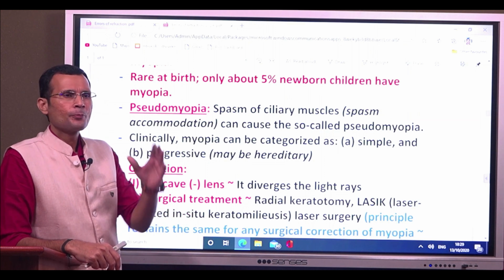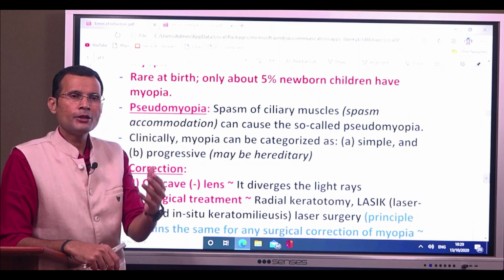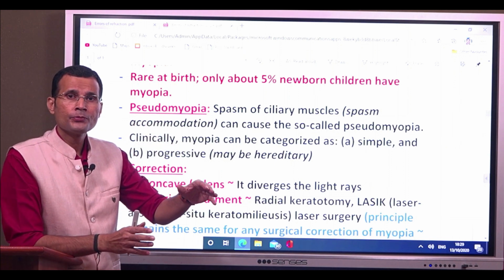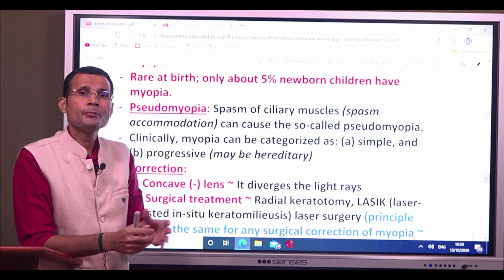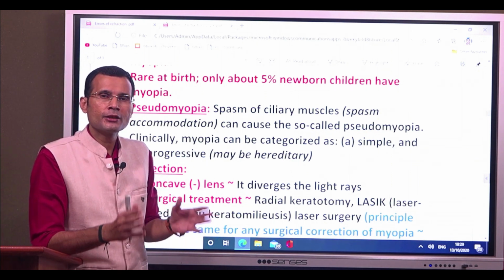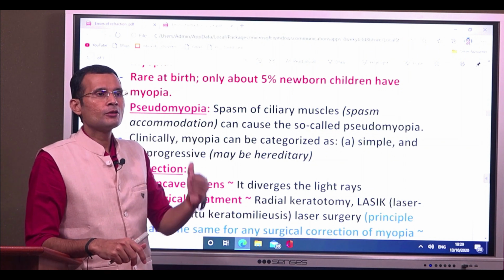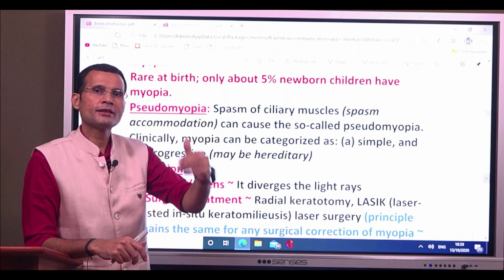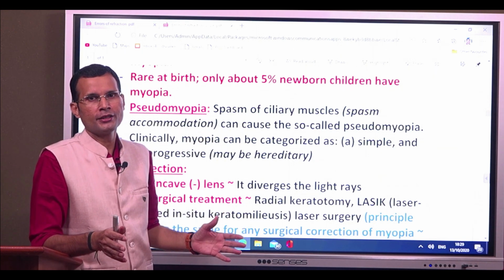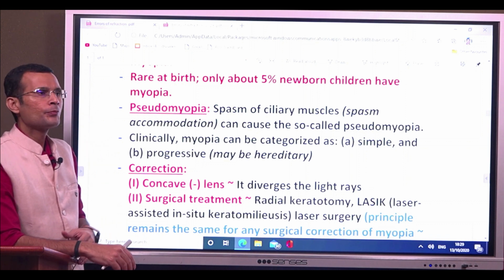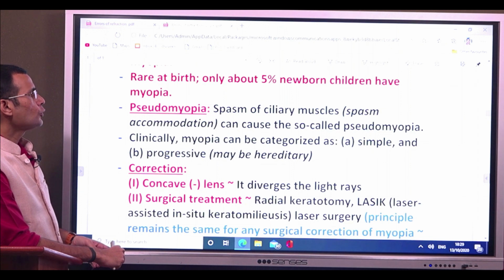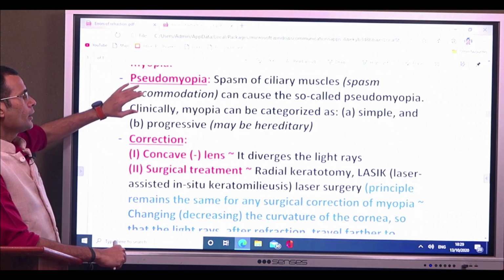What happens is, because the lens is unable to change its curvature for some time, ciliary muscles have gone into spasm. So now they cannot relax for some time, and therefore the lens cannot change its refractive power for some time. Therefore, the person was seeing the near object and only near objects can be seen clearly. It will be a short-sightedness, but a pseudo type of short-sightedness, of course. There is no permanent alteration as such in the refractive indices. So, that's called pseudomyopia.